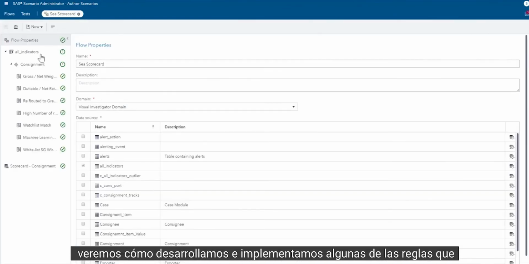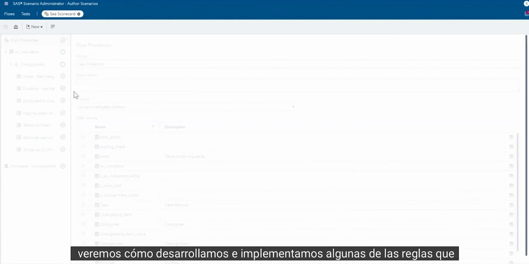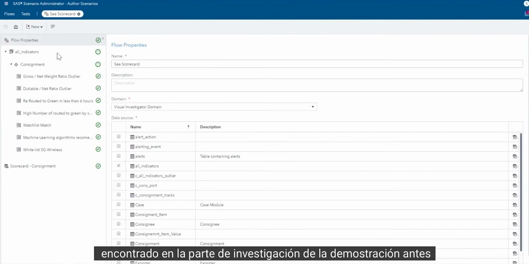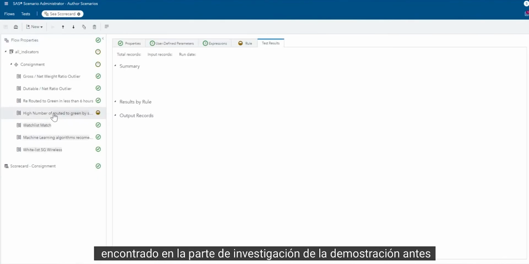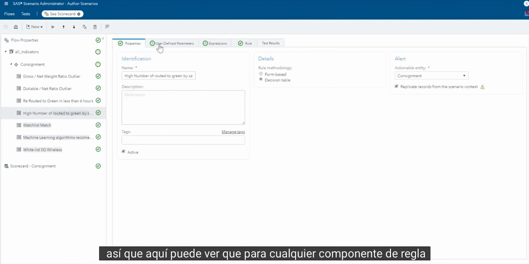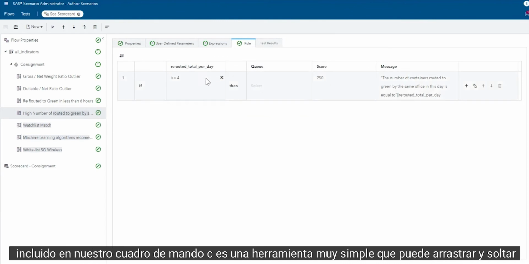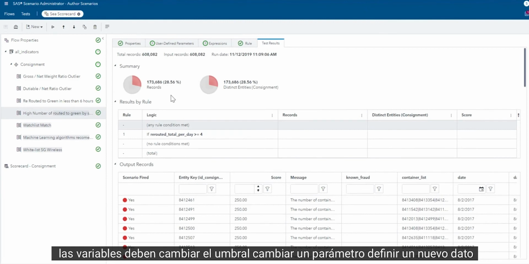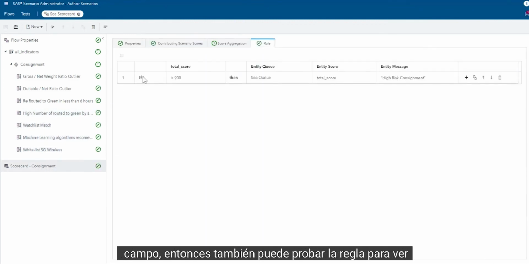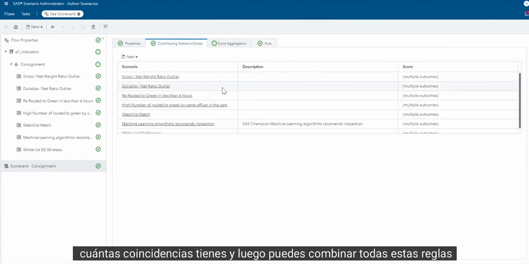Specifically, we will see how we developed and deployed some of the rules we encountered in the investigation part of the demo before. Here you can see that for any single rule included in our scorecard is a very simple tool. You can drag and drop variables, change the threshold, change a parameter, define a new data field. Then you can also test the rule to see how many matches you have, and then you can combine all